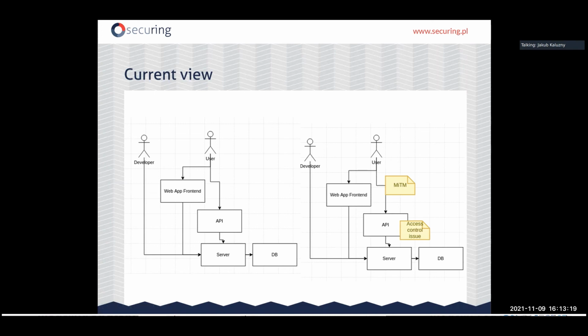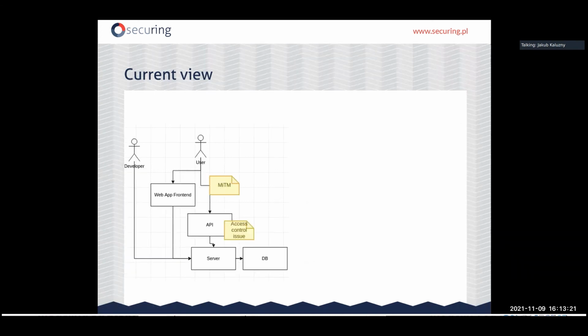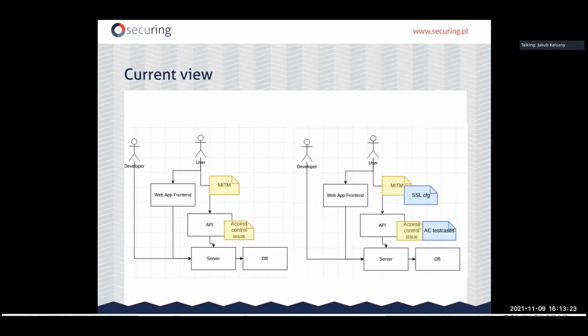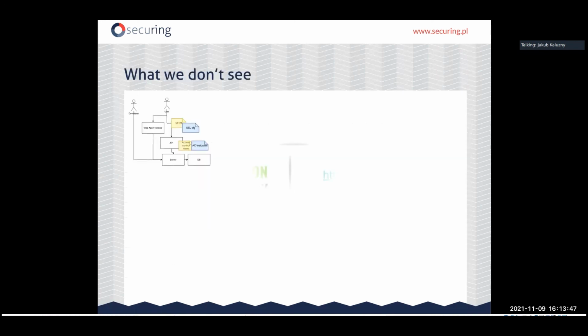Standard stuff. So then the next step that we do after the threat modeling session, we try to come up with some actions. What can we do about those threats? And then we log in, for example, change the SSL configuration or make sure that it follows our SSL security guideline, right? We can design some test cases for the access control issues in the API or some control mechanisms. So the question is, if we introduce